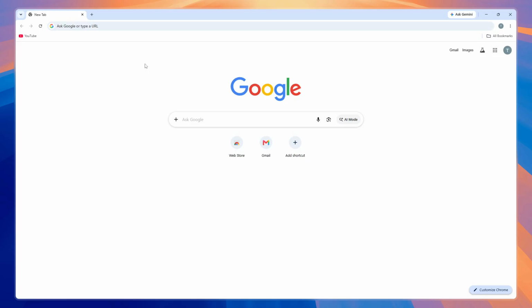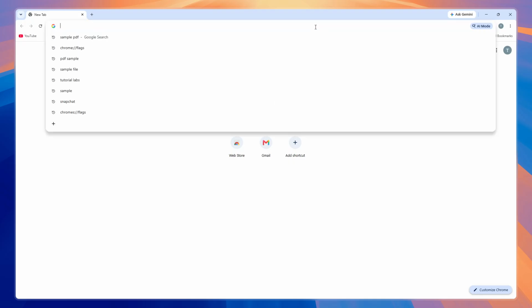First, open your Google Chrome browser on your computer. Once Chrome launches, direct your attention to the top of the window where you'll see the address bar or search field. This is where you normally type website addresses, but today we'll be using it to access a special Chrome feature. In that search field at the top, type